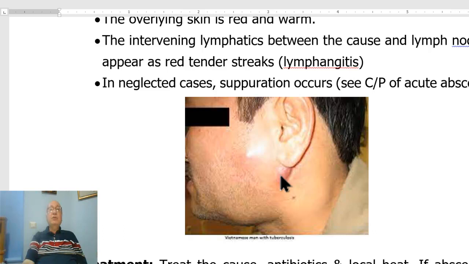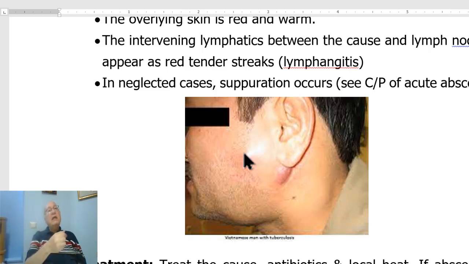What is the clinical picture of acute lymphadenitis? It is acute inflammation. Therefore, there is fever, headache, anorexia, malaise. And the most important is the feature of the cause, manifestation of the cause, like manifestation of pharyngitis or tonsillitis, leading to acute lymphadenitis in the submandibular or upper deep cervical lymph nodes,